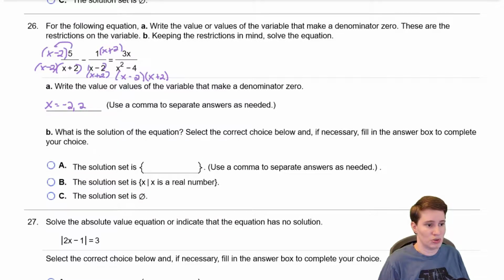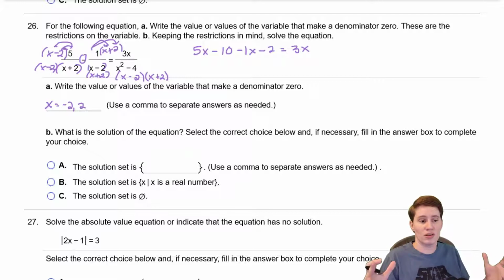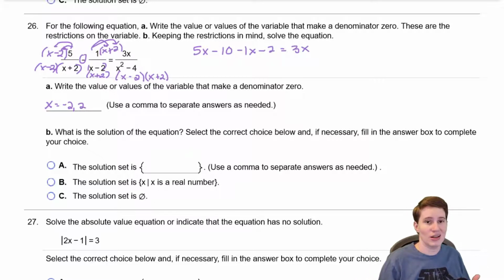We need to distribute this 5. And we need to distribute a negative 1. And then this 3x doesn't change because it already had its common denominator. Now we could put all of this over x minus 2 times x plus 2, our common denominator, but this really cool thing happens